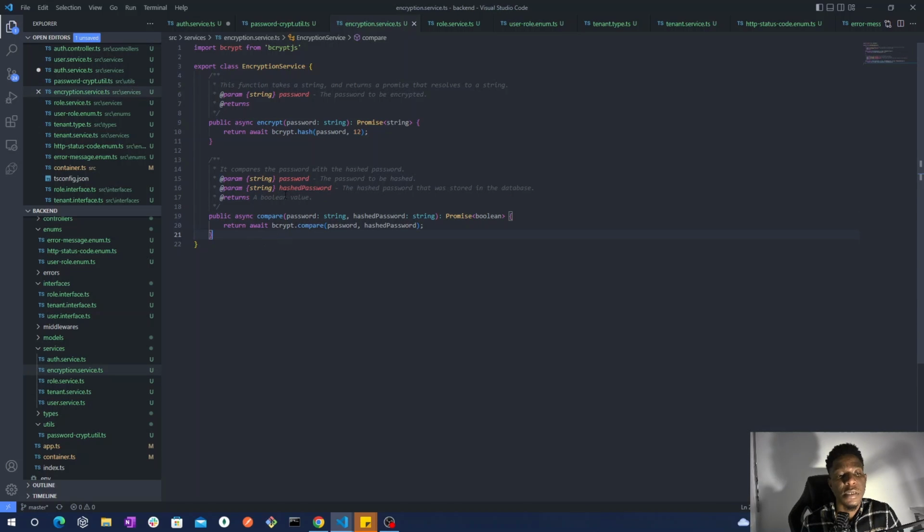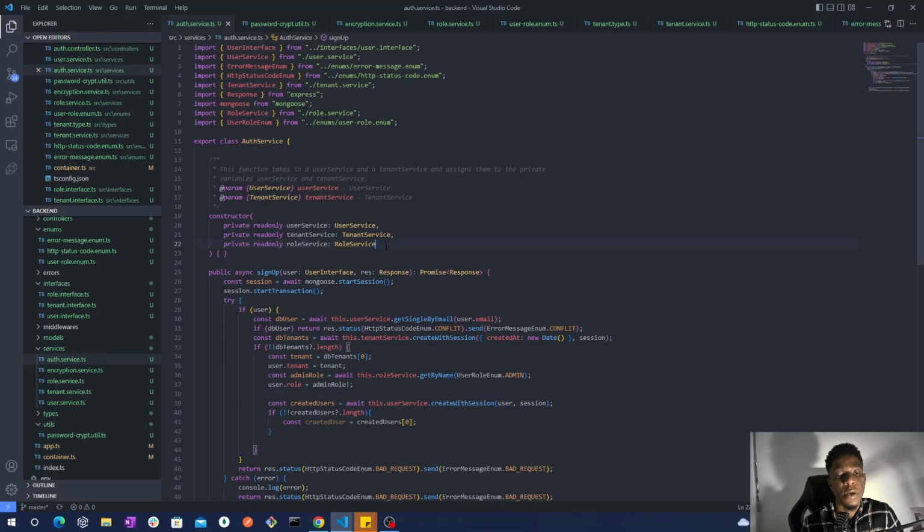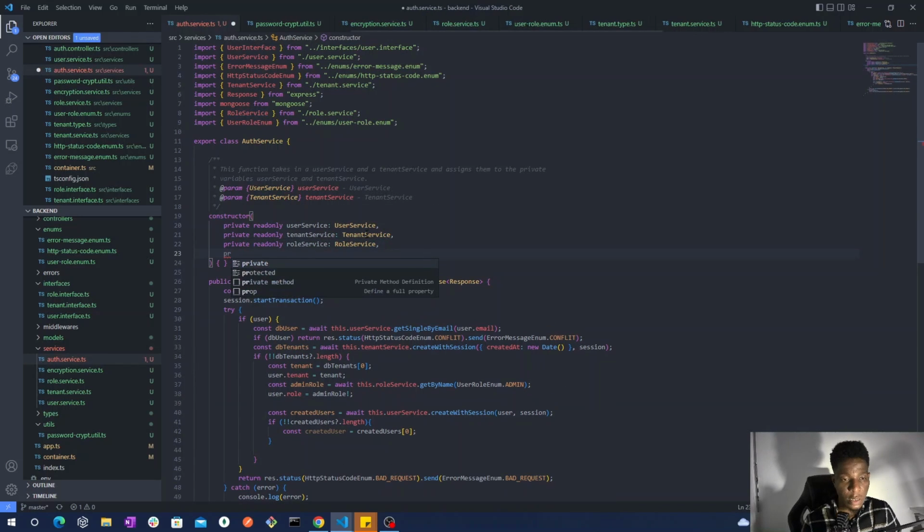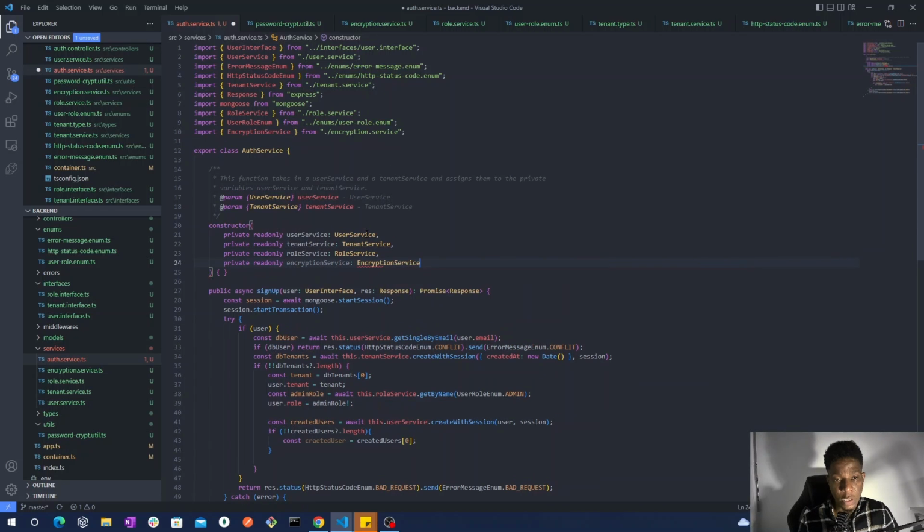So that's it, and we will now inject the encryption service. Now that we inject the encryption service,